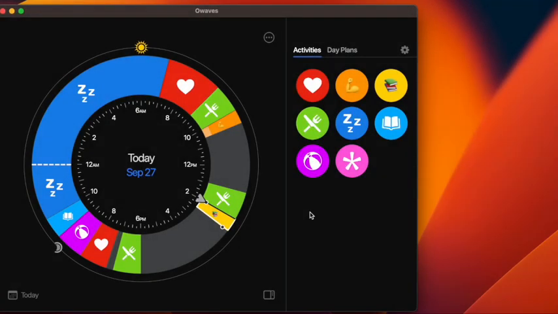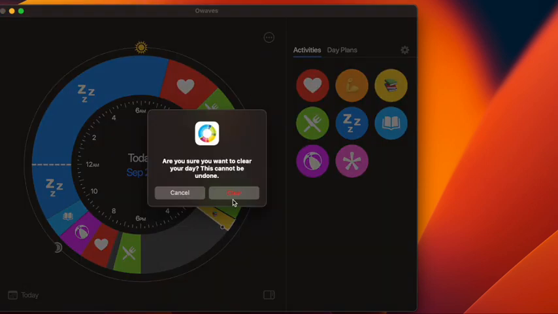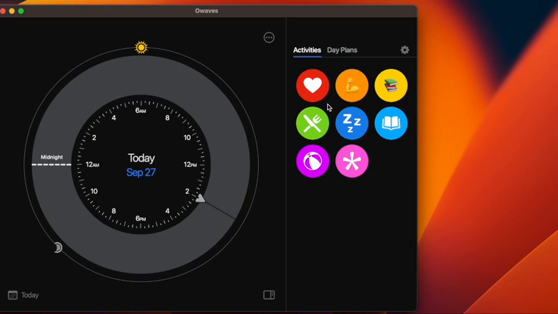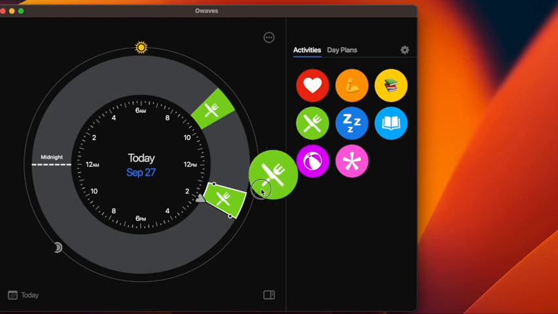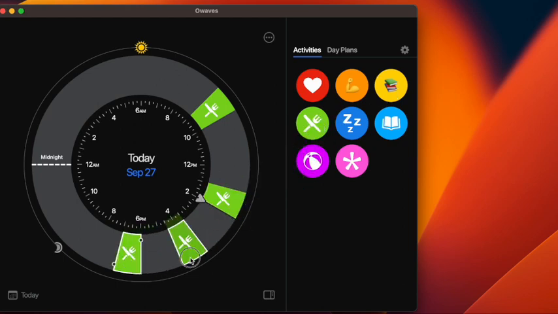Okay, the next challenge is going to be to put in the times of eating for you. So let's go to tomorrow. Let's clear it out for a second. Alright, let's say you want to put in breakfast, lunch, and dinner, but you also want to have a snack in the middle of the day.